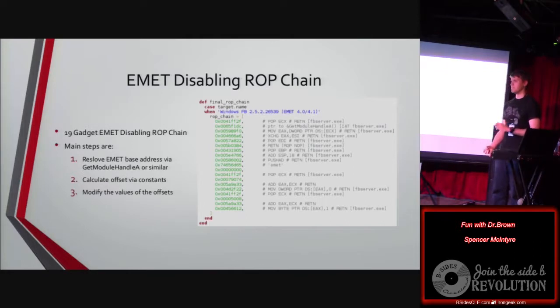base address via the GetModuleHandleA function that we had mentioned. And it calculates out the offsets to those 2 offsets. It calculates the first one, then via ROP, it overwrites that value, sets it to 0, calculates the value to the second one, and once again, overwrites that value as well. So that way, after that is done, we have essentially switched the default action from stop on exploit to audit